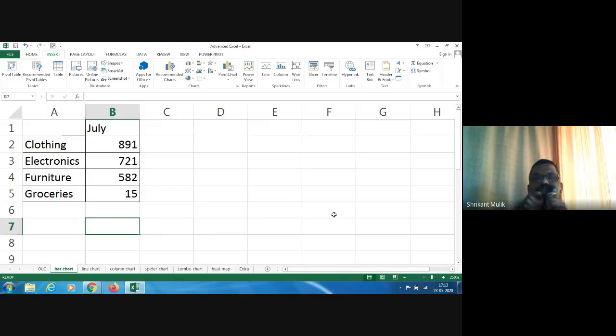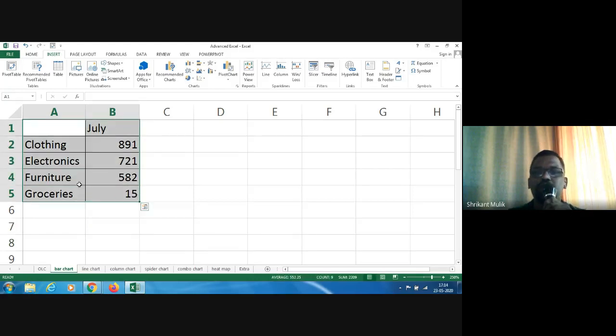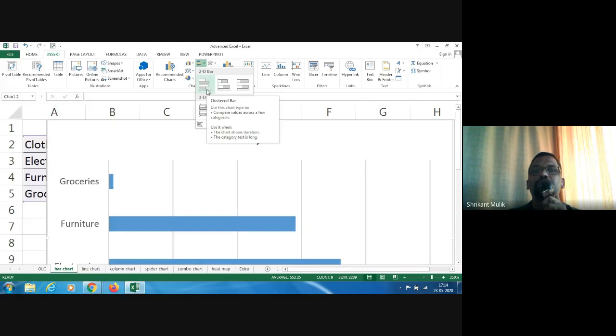For such comparison of items, these product categories, we always recommend using a bar chart. So you want to make a note of it. If you are comparing different units, different items, then you should always use a bar chart. Just keep this in mind. Now that's a rule. How do we use it in Excel? Never ever go and click on a graph and start doing it. Always select the data that you want to use for the chart, and then click on, say, bar chart and pick the simplest one.